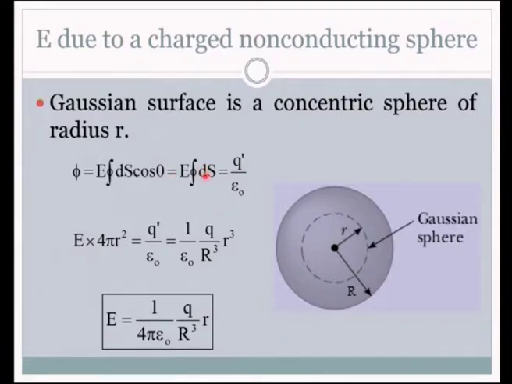We have to write the integral of dS, which is the area of the sphere that we have considered, 4 pi r squared, and for this q dash we go for a ratio. For the entire volume the charge is q, then for this small volume what is the value? When we do this we finally end up getting this expression for the electric field, which is slightly different from the earlier expressions. We have one r in the numerator and the denominator has got R cubed. So, it shows the electric field inside the charge distribution is linear.